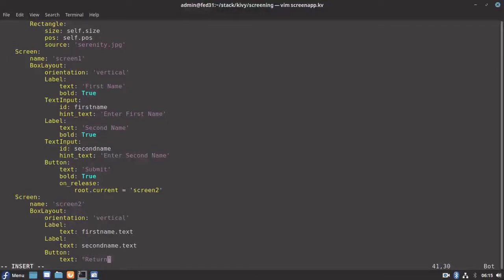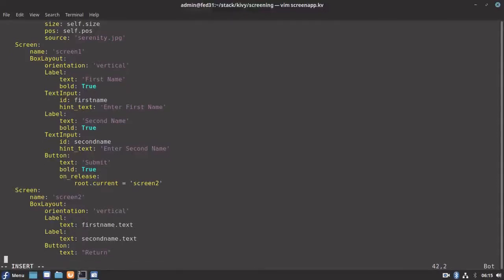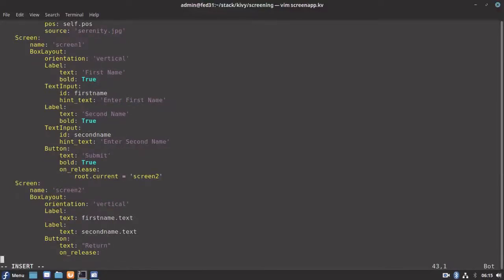When we click on this return button, it should get us back to the first screen. For this to happen, we need to bind the event on release of the second button. Similarly to what we did for the first screen, we need to set our screen manager's current screen to screen 1. So root dot current is equal to screen 1.